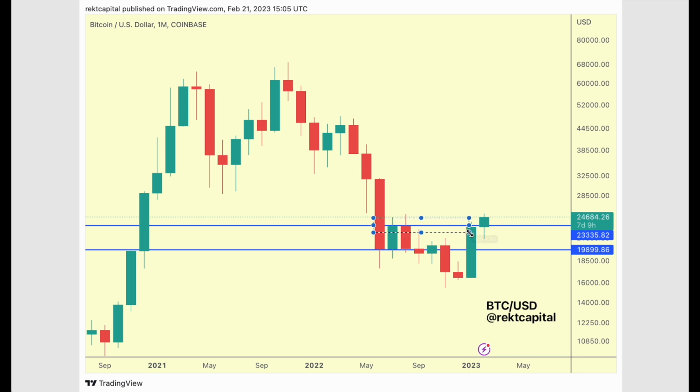And this resistance is the monthly range high. So we saw a deviation below the range low, this monthly range low, and now we're seeing a deviation beyond the range high. And as long as Bitcoin holds this range high as a support, then this won't be a deviation, this will actually be a breakout. So what was a home to consolidation in the past here, we lost that range but reclaimed it, and rather than reclaiming the range low as a new support, Bitcoin just rallied to the range high and is now breaking beyond it. So hold this region as a support, and we're going to see a confirmed breakout from this range,